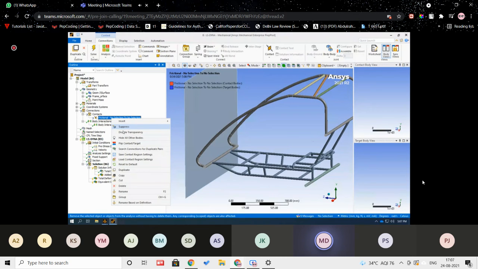If you want to understand how much force is transferring from this body to this body, the individual forces, you can extract them with a probe. After defining the connections, you can simply mesh it. Now you can see I have very varying mesh sizes. The frame I have meshed at 5 mm, whereas this one is a little bit coarser mesh. Why have I done this?